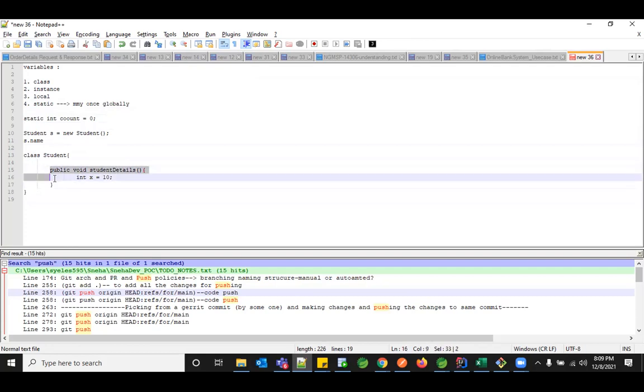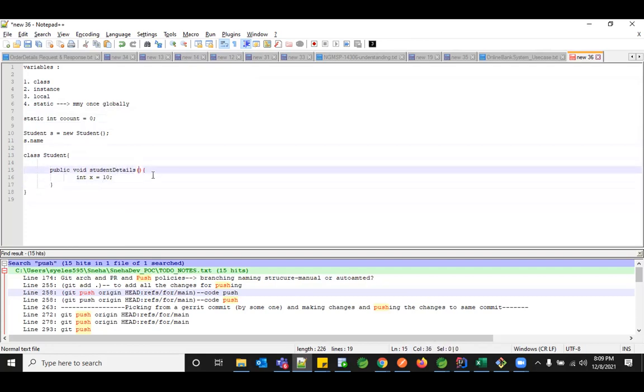Whatever you create within the method, including the arguments int x, int y, is accessible only within this particular block of code and not outside. Those are called local variables. They don't have memory defined outside.